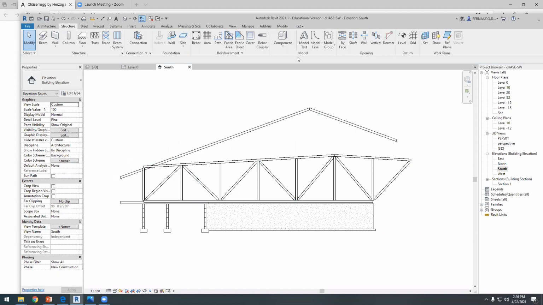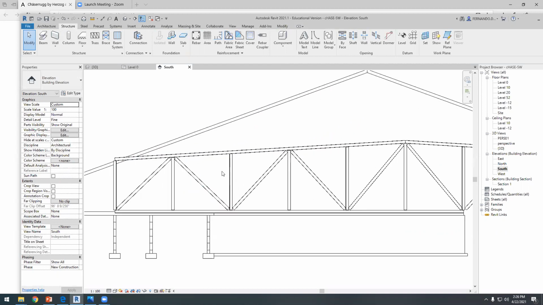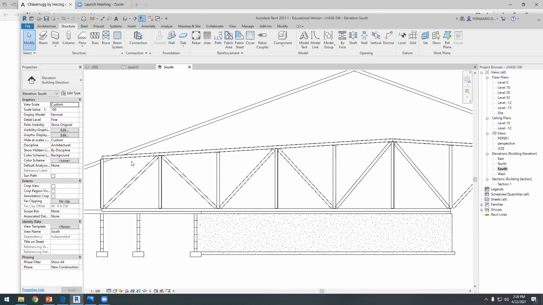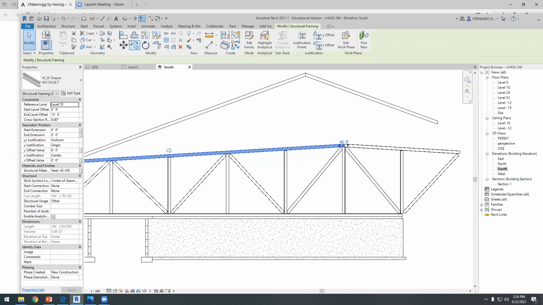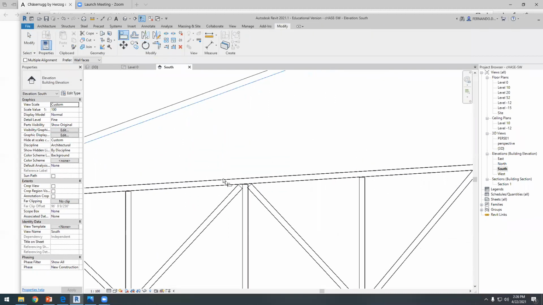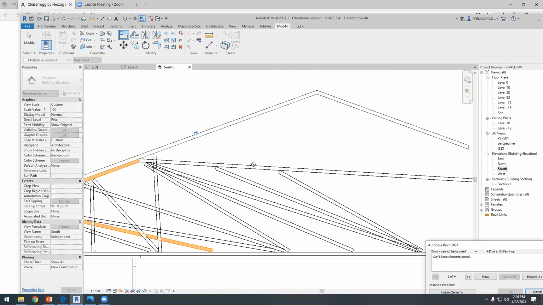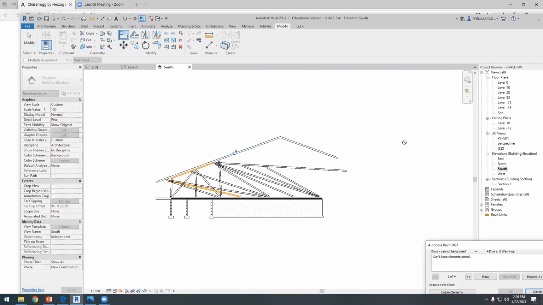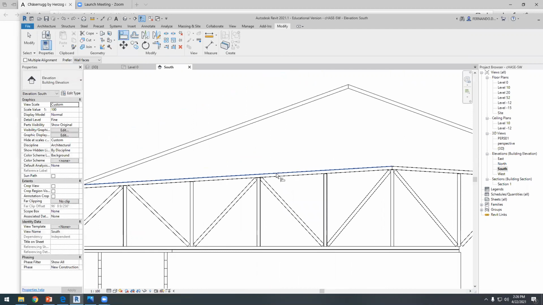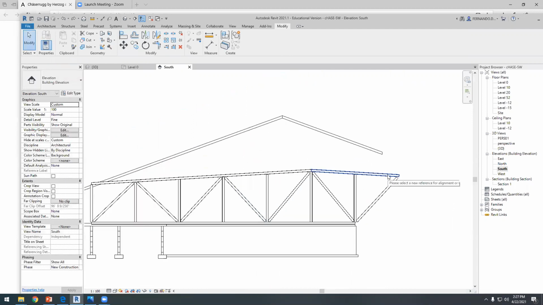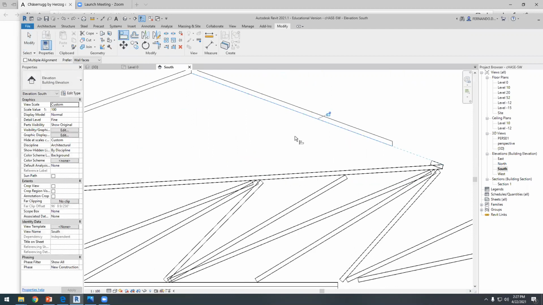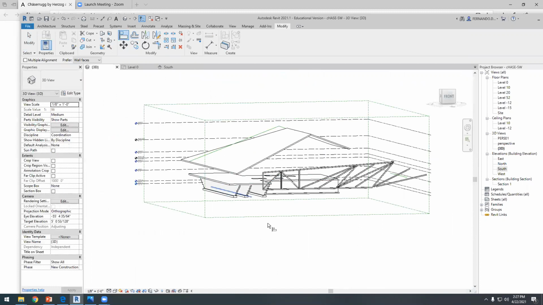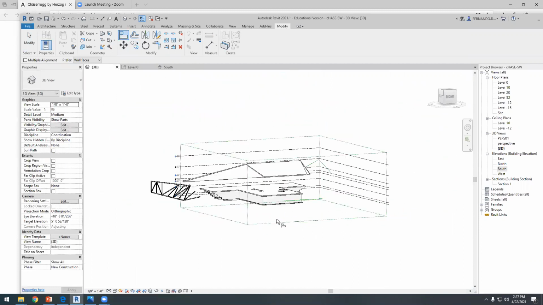And now this is not a truss anymore. Those are different elements. It used to be a truss, but it's not a truss anymore. But now we can align this to this. Let's see what happens. We have to unjoin elements. That doesn't work. Okay. Does it work here? No, it doesn't. And if we see the 3D view,